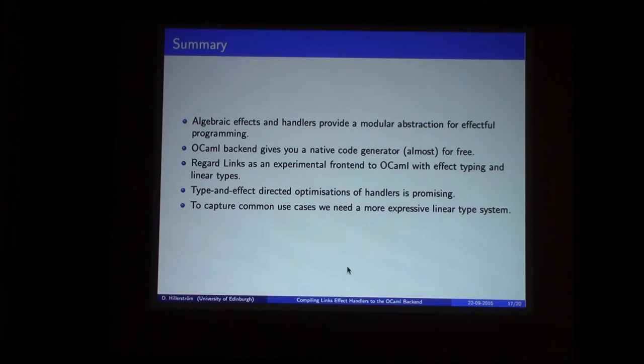So do you actually need multi-shot continuations in Links? Right, so will I need multi-shot continuations in Links? That's a good question. Yes, I think they're quite nice to have around, but you can categorize them into two use cases. Linear continuations tend to be about when you want to do control flow, so you can think of them as control flow operators, but multi-shot continuations are really nice when you're doing backtracking